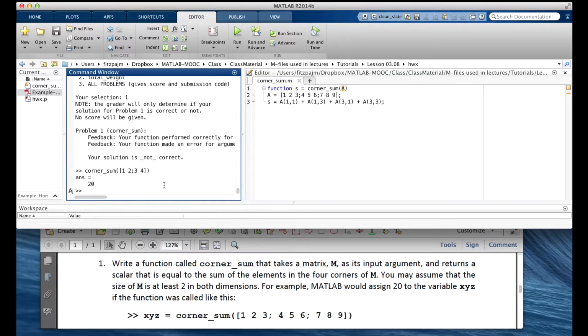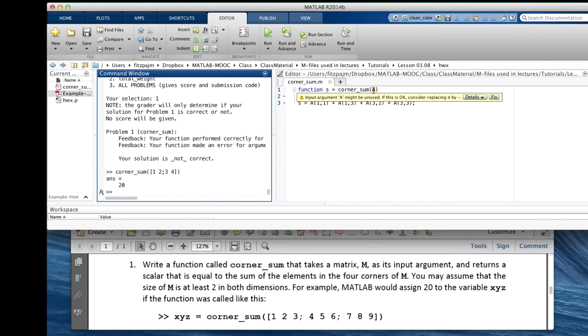Let's look at our function in the editor again. Well, as we said before, we're making the error of setting the matrix value inside the function on this second line. We're simply overriding the input argument. That is not good. Let's say it one more time for emphasis because we see students make this particular error so often. You do not create a value for the input inside the function. Ever. Never do that. The input is already given to the function by the caller over here, and that's copied into A.